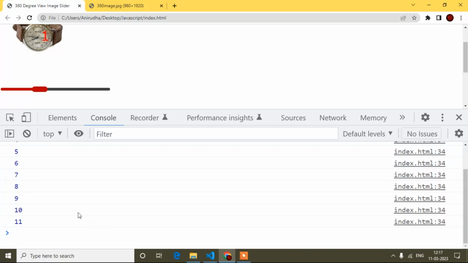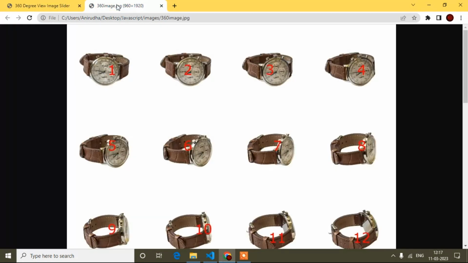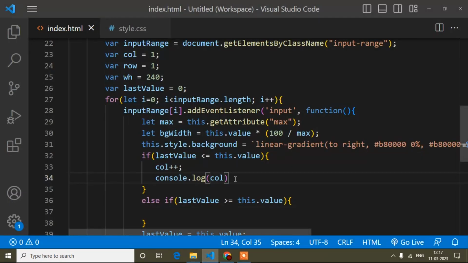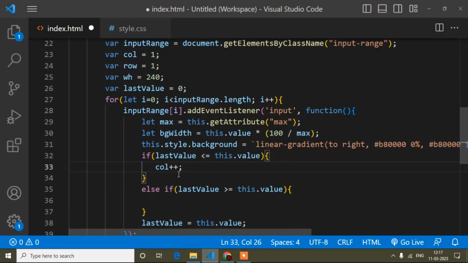But here guys, one problem is that call will increase up to 4, and when it comes to 4, then the row will increase by 1 and call will start from 1 again, because the fifth image is in the first column again. So again here I have to write one condition, and inside this condition I have to write this call plus plus.